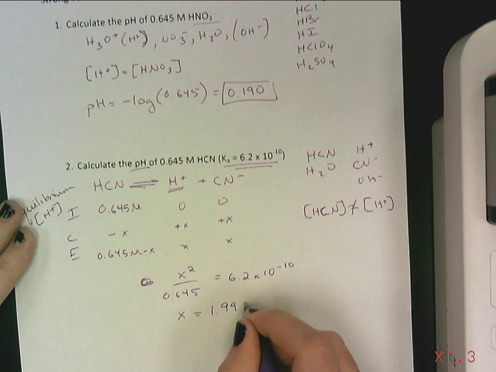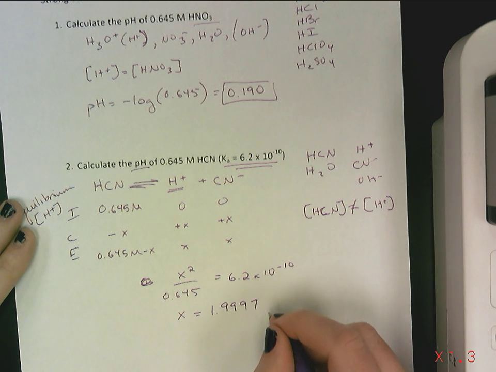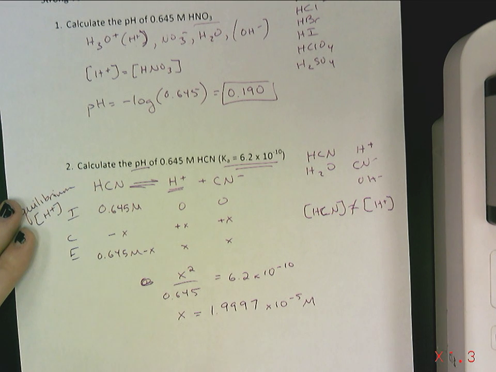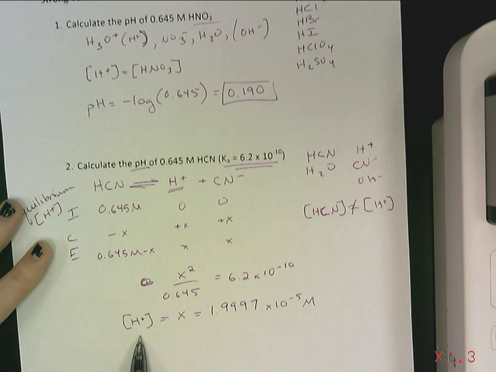We solve for X, and we obtain lots of 9s. Here, I'm just going to carry it out so I don't have to try and round that, all to 2 times 10 to the negative 5th molar. We're not at the end yet, so I don't have to worry about sig fig rules. Remember, the concentration X at this point is the equilibrium concentration of H+. So now I just have to take the negative log of that value,